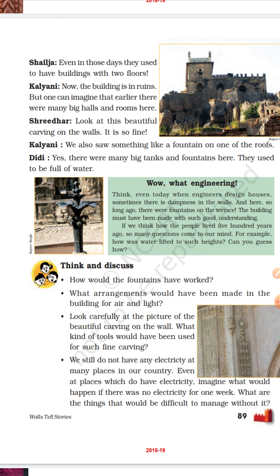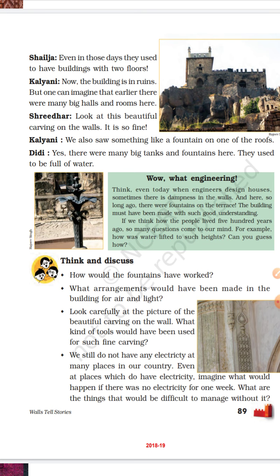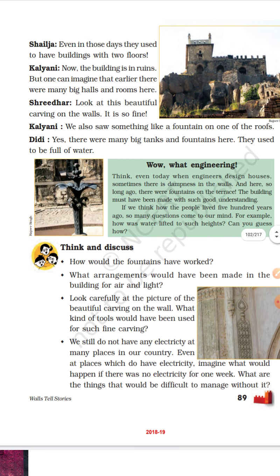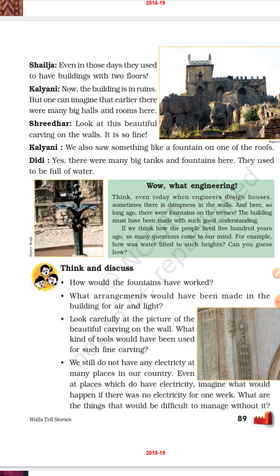So imagine the situation of places where there is no electricity, or they have electricity but it is cut off for 1 week. How do they live? What are the ways of living? Okay, what are the things that would be difficult to manage without it? For example, they could not access an internet connection, right? Because it requires electricity. They don't have a mobile network. They have a problem of water, shortage of water. Okay, they cannot supply water manually. They have to store water in a bucket, right? So these are some problems.